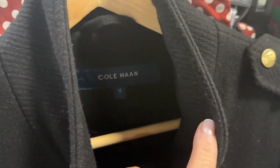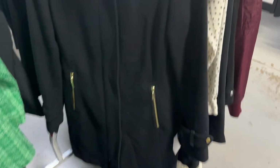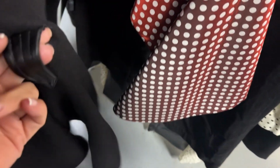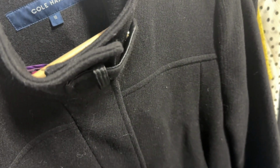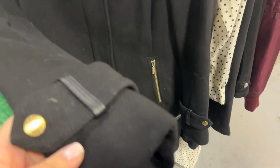I found this Cole Haan wool blend jacket, but it does not have real leather trim, and it's missing the belt. So not a lot of quality in that, and I hate when things are missing the belt. Although one hack is you just take the belt loops off for things that don't have them, especially dresses and stuff. And the belt loops are just guidelines after all. But anyway, I'm gonna leave this behind because